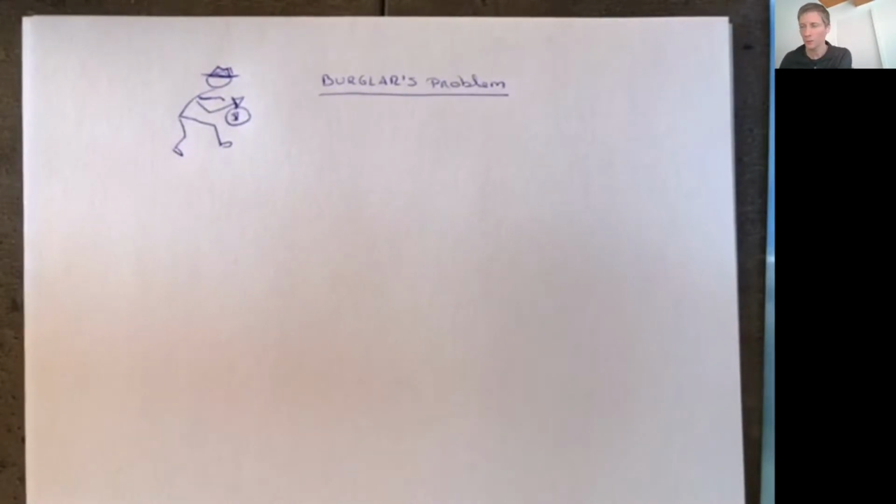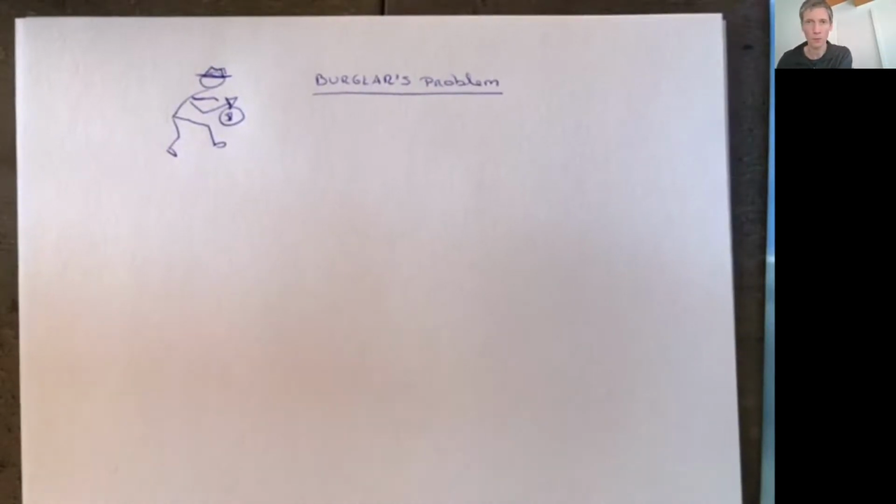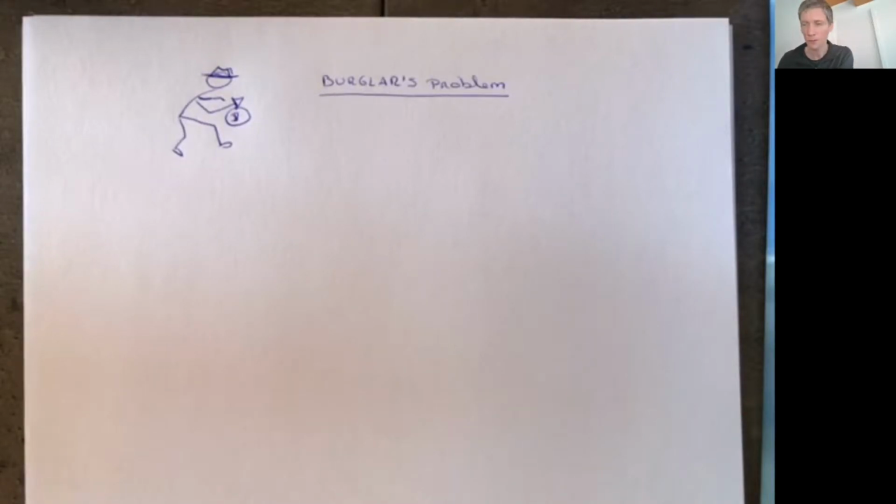In this lecture, we're going to look at the burglars problem. Assume that there's a thief who every night goes out stealing. Of course, at some point he might generate some money, but there's also a possibility that the thief is caught, and then he loses all his money and also goes to jail. The problem is that at some point he may have sufficient money that he doesn't want to take the risk of being caught again, and he stops stealing and becomes a good person in society. So the problem of the thief is when to stop